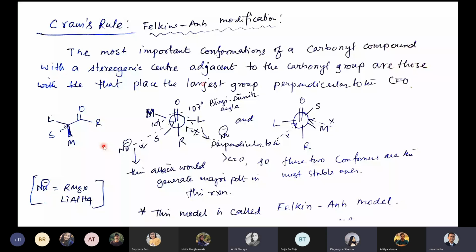Yes, sir. So you try it at home, you will understand what I'm saying. Basically, this carbon center is in the back, and this carbon center is in the front. You need to arrange this L, M and S in such a way that the stereochemistry remains S. So this is an S stereochemistry, and if you see here, the back carbon is also in this S stereochemistry.